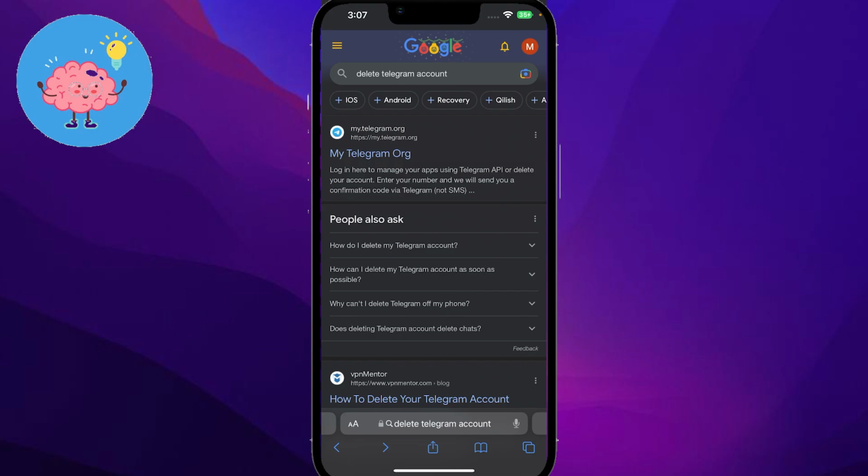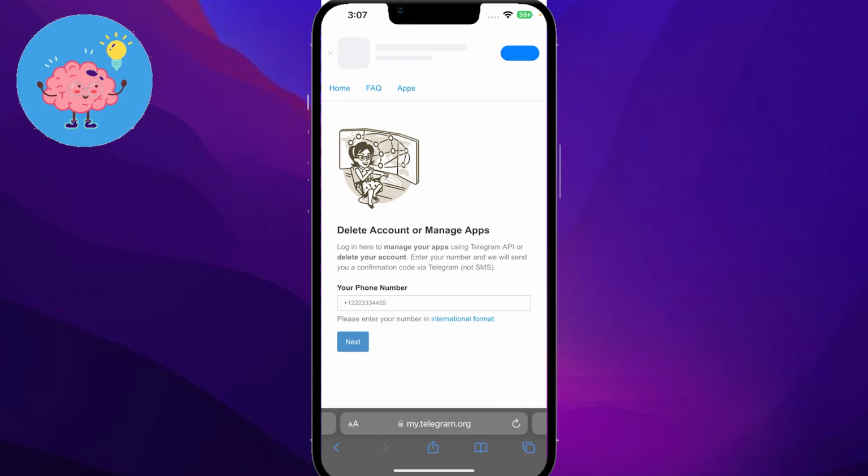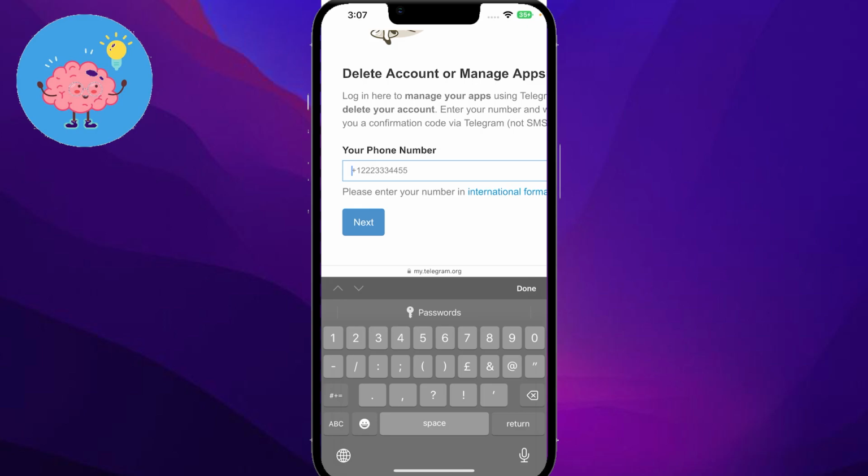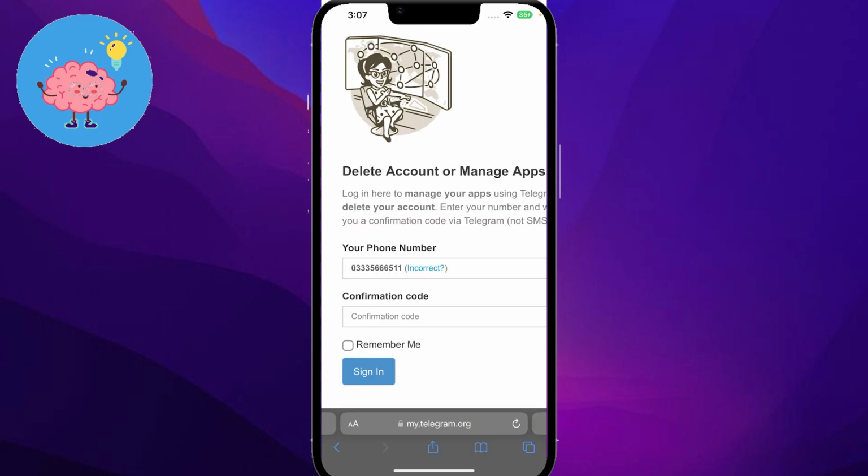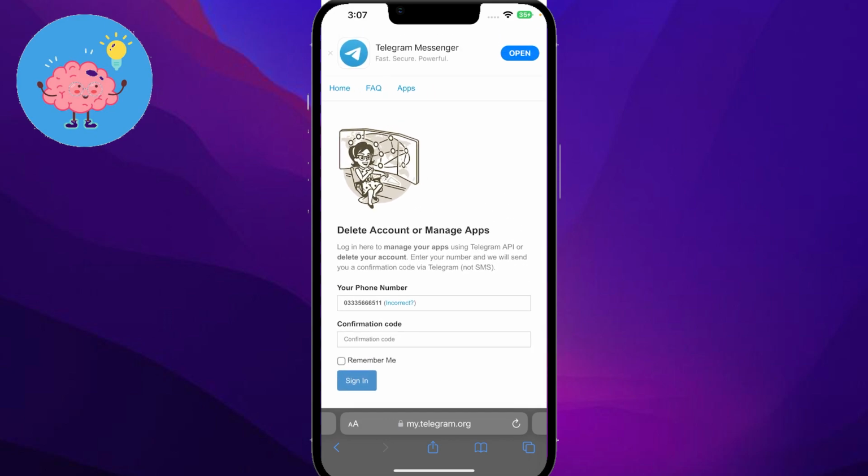Click on that and wait for a few seconds, and it's going to open up this particular page. From here you have to put in your phone number. I will simply put in my phone number here, and it's going to send you a confirmation code. Once you click on sign in, you are going to be taken